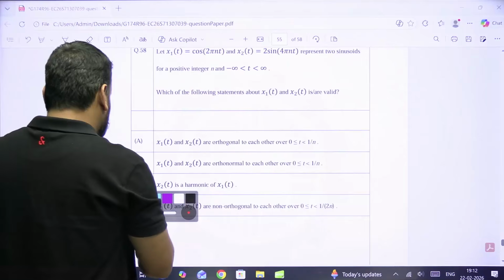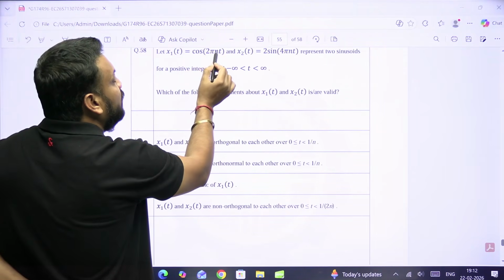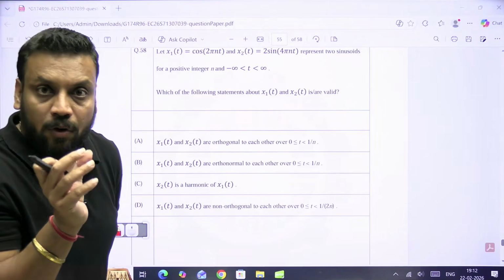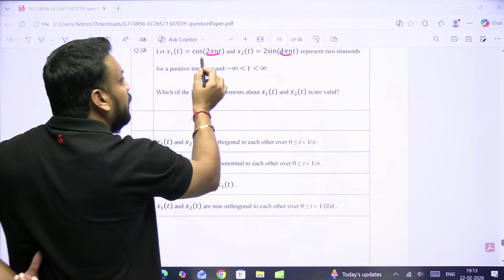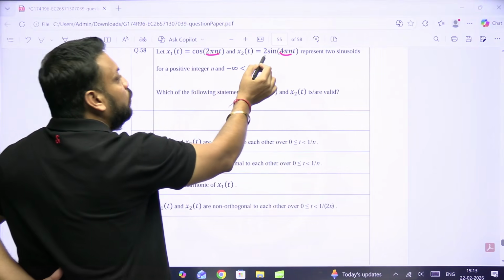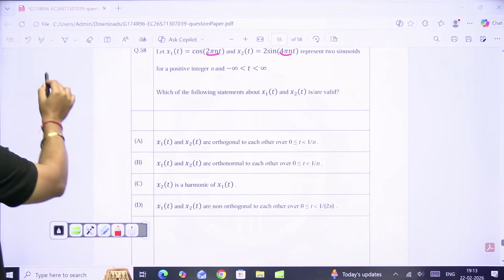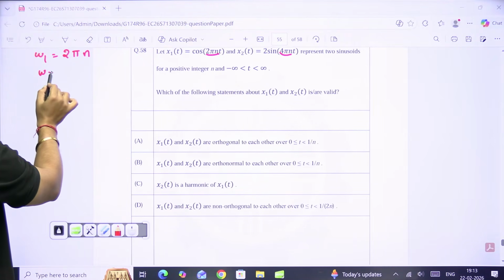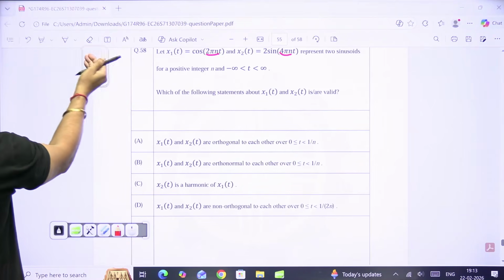अब कुछ लोग यहाँ confuse हो गए होंगे इस n से, आपको n से confuse नहीं होना है। cos of ω0t मतलब 2πn जो है ना, वो ω0 जो है frequency है। और अगर आपको पता है कि ये ω1 है, ये ω2 है, क्योंकि t का multiple है ना, तो 2 cos ω1t और 2 sin ω2t। ठीक है। अब अगर ω1 आपको 2πn दे रखा है, तो पता है omega होता क्या, omega होता है 2πf। तो compare करोगे तो f को n लिखा है, बस ये confusion था।